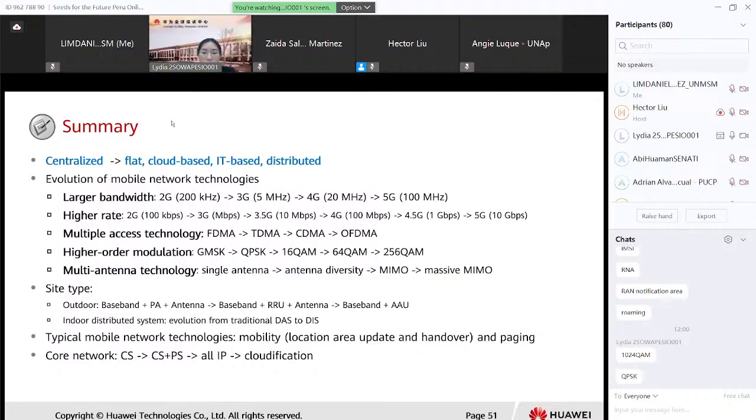And the key technologies, mobility. We need to perform the paging. The core network performs the paging, the base station performs the paging to find the UE. And when you move to another coverage area, you need to perform the location update. And the core network structure updates, we have the CS to CS plus PS and all